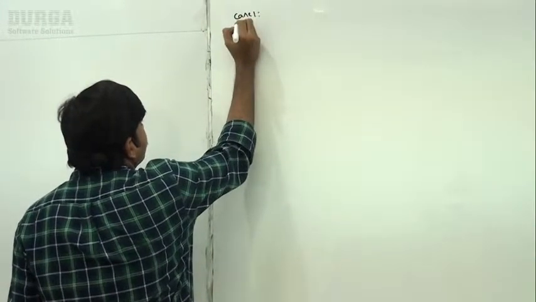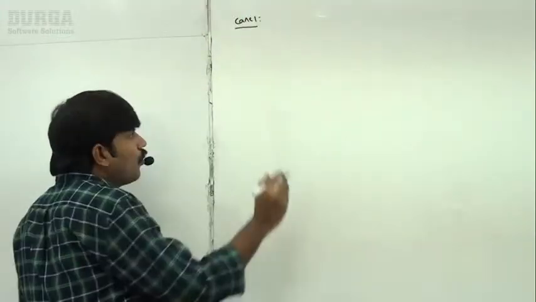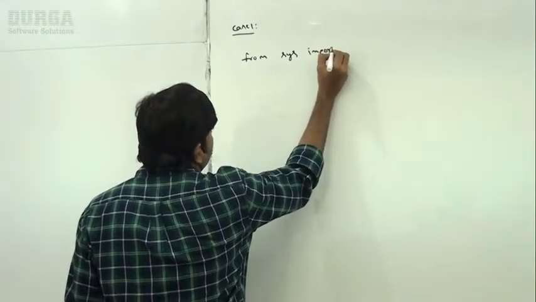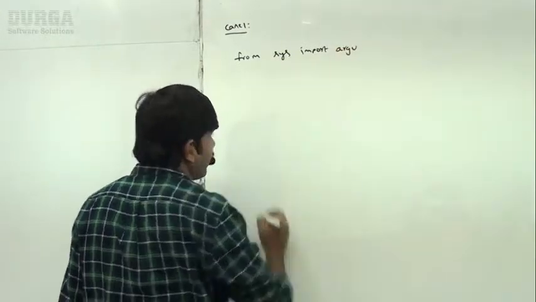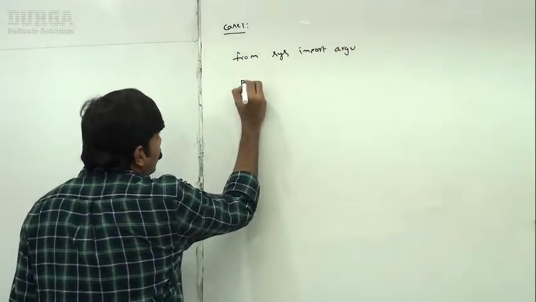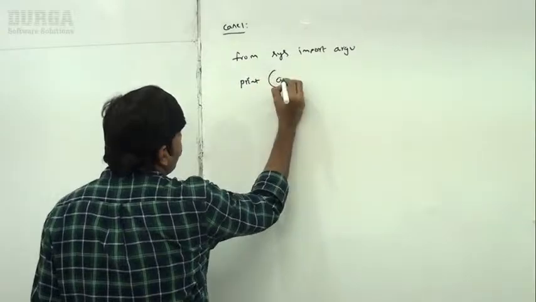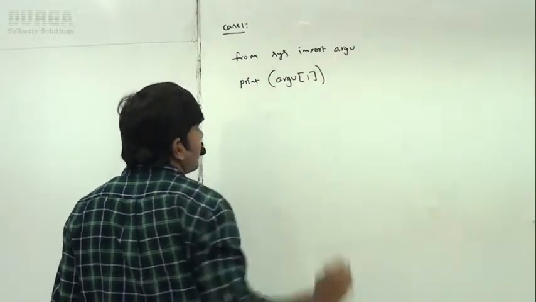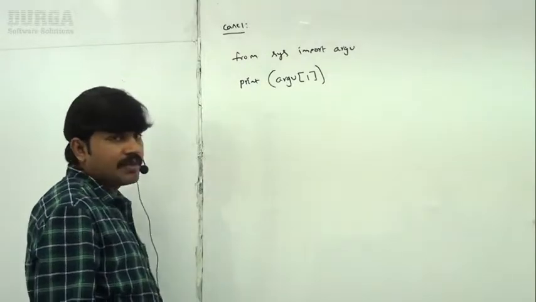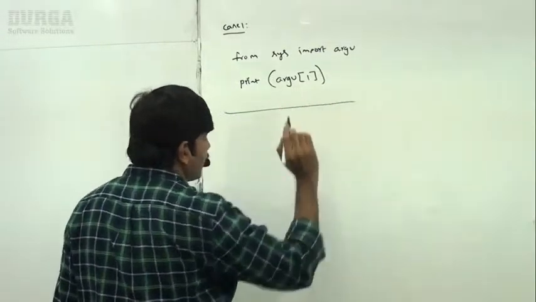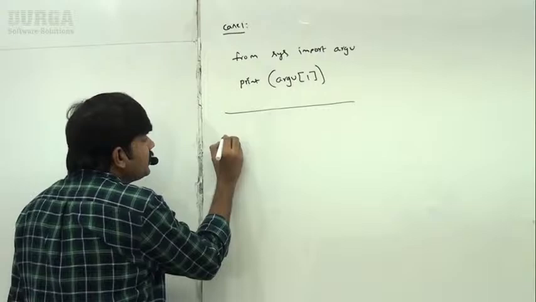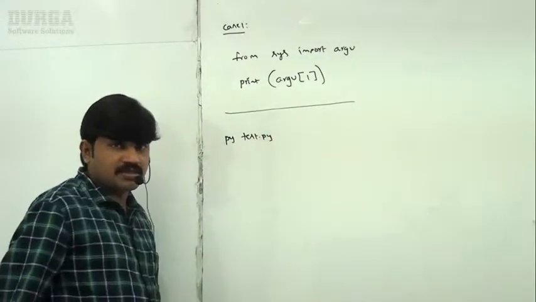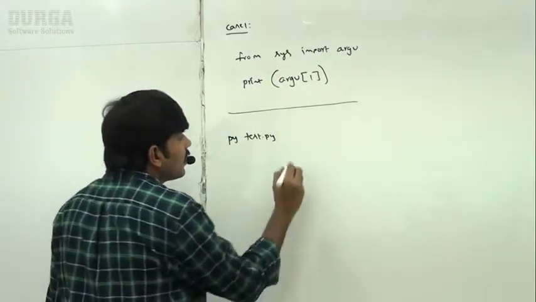I'm writing the code: from sys module import argv. Okay, well, now my target is print of argv of 1. Can you please print argv of 1? This is my code. I want to execute this code, sir. py test.py. Now I'm passing, sir,